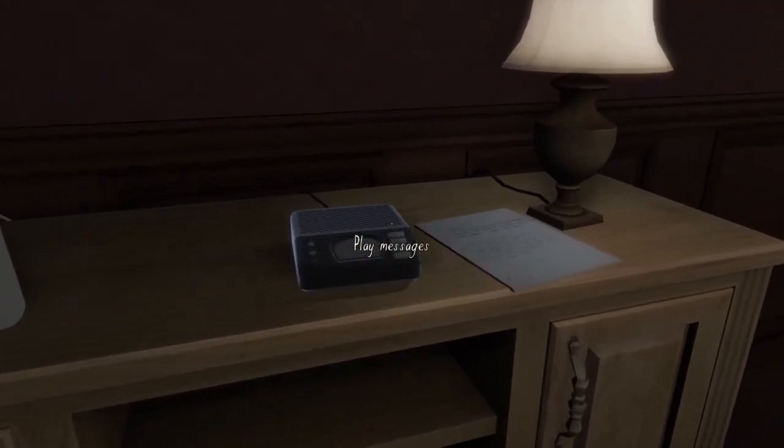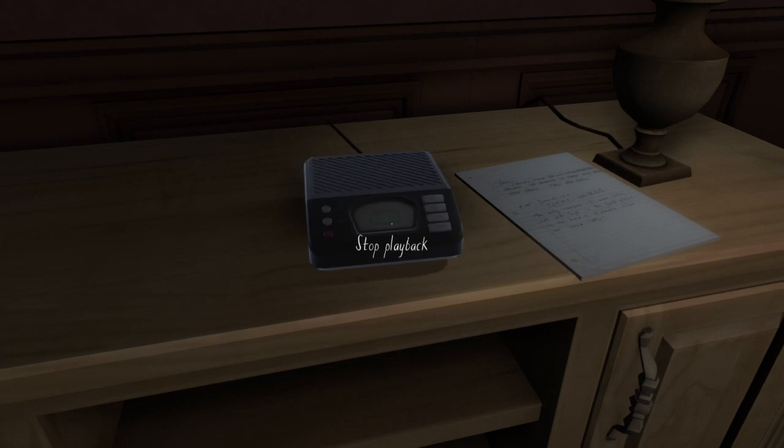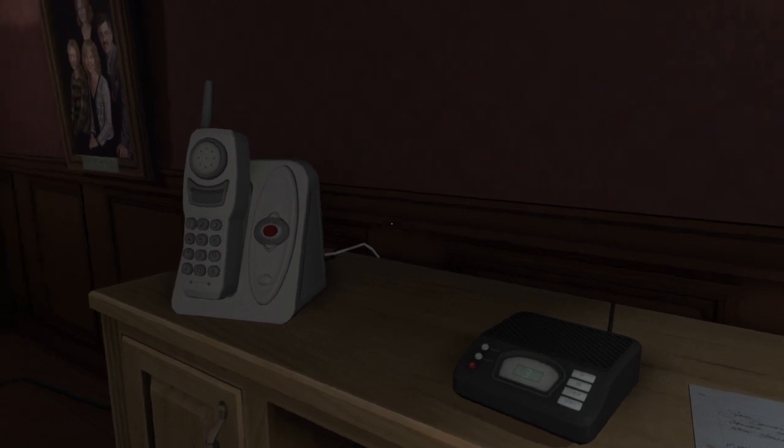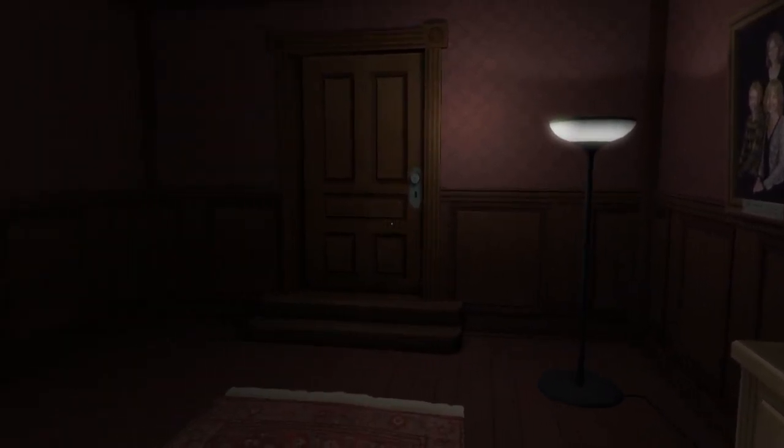Similarly to a game like Resident Evil 7, the game has recordings that pop up at random times and always make me personally jump out of my skin. In this game, you can click to play a very select few recordings, but they leave you very confused and even more scared.